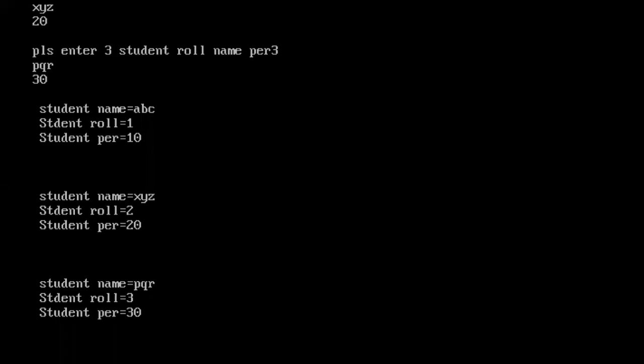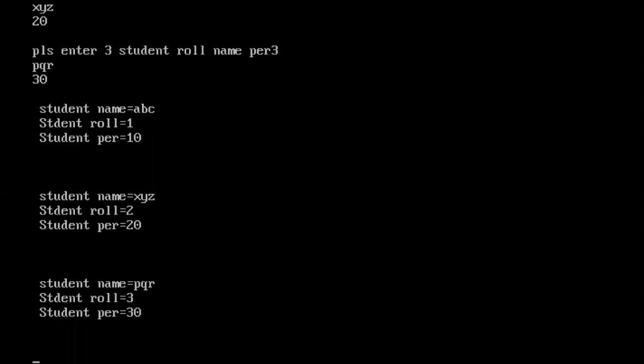The second block is about student name equal to XYZ, roll number equal to 2 and percentage equal to 20. The second block is about the second student's data. And the third block is about student name equal to PQR, roll number equal to 3 and percentage equal to 30.